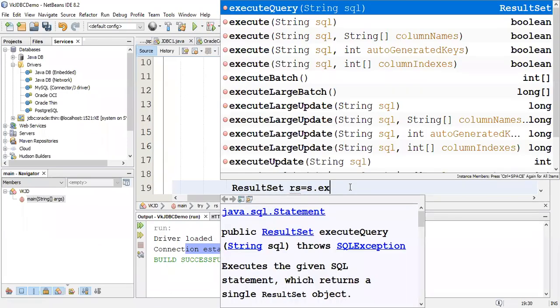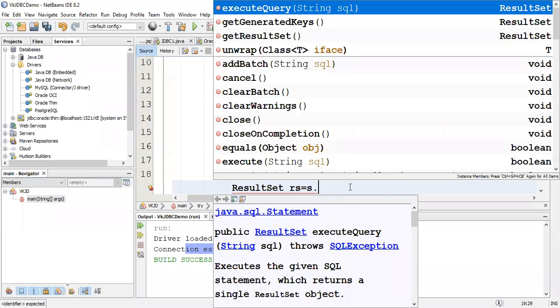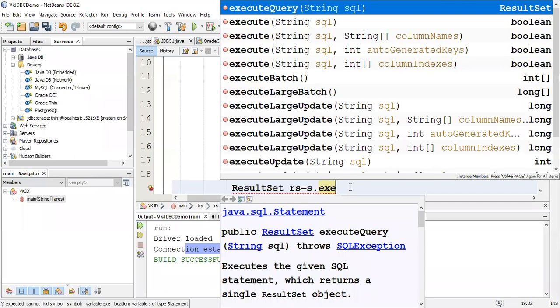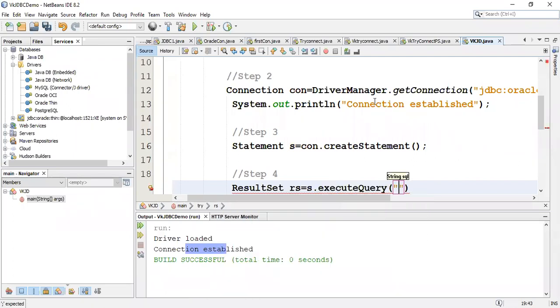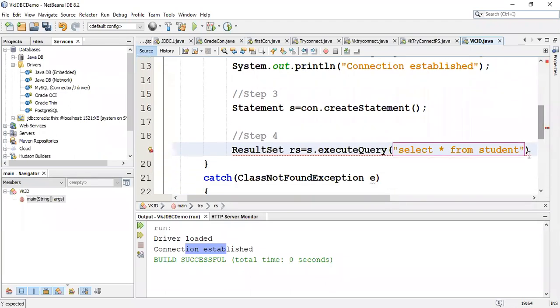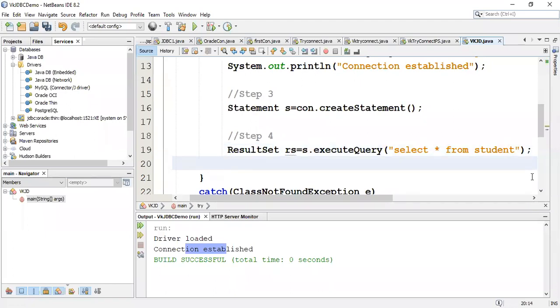Execute query. Now inside executeQuery, I have to pass the statement that I want to display. So I'll just say select star from student, which is my table name. You have to give the proper table name, otherwise it will give an error again. So I created a result set.